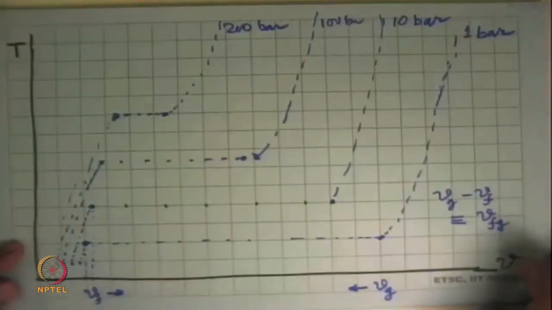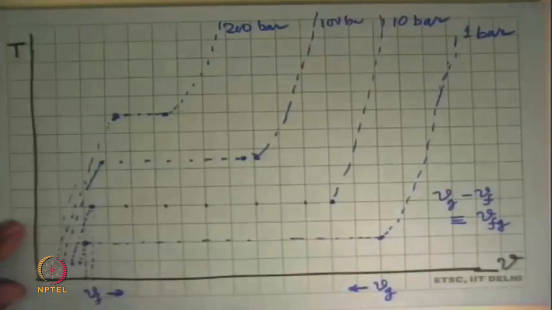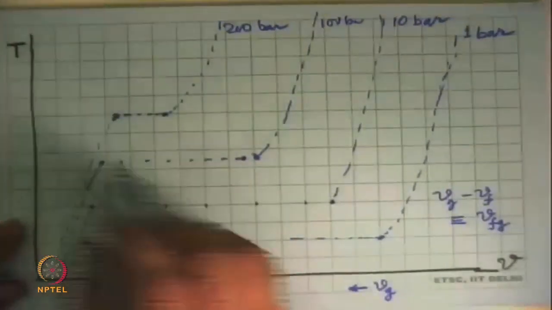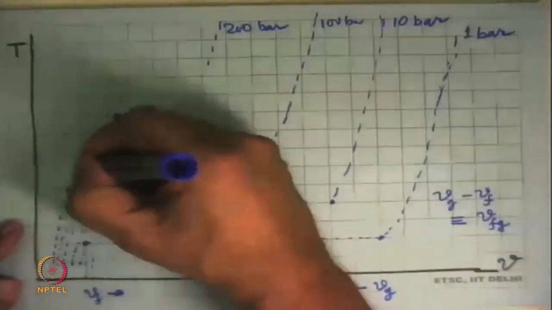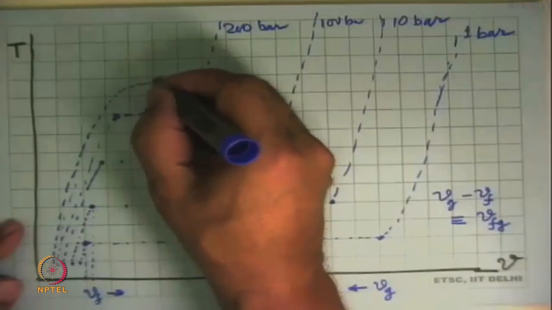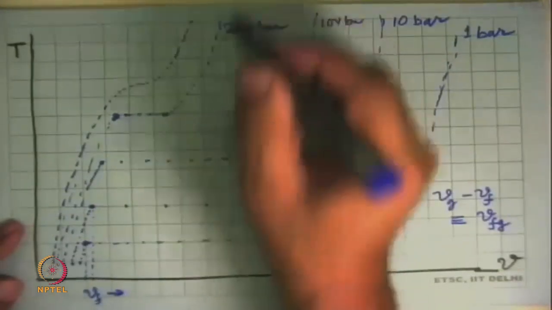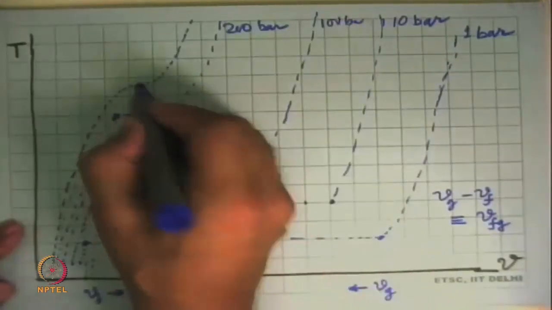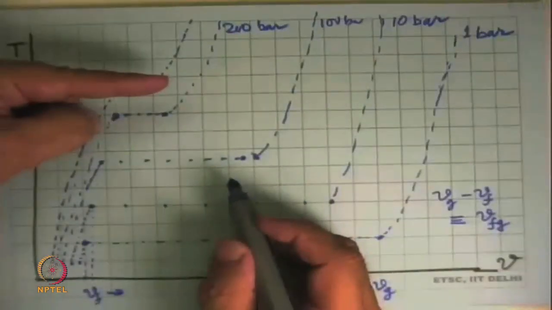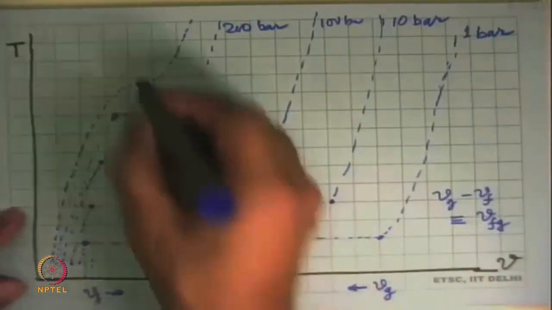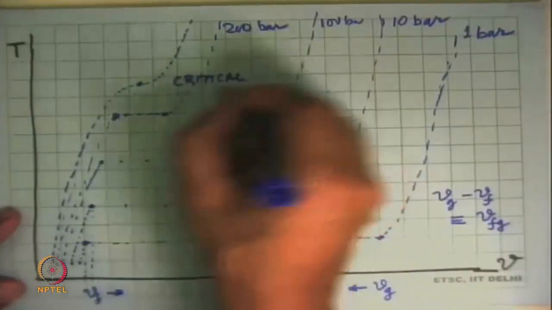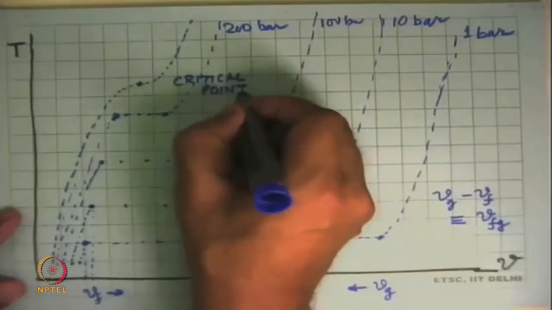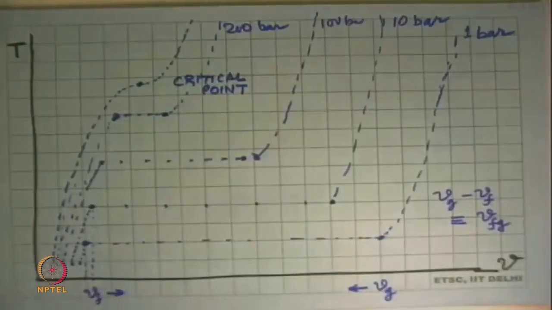And then there is a unique pressure for every substance at which this part becomes 0. That means this curve, which is coming like this, has a point of inflection and continues like this. That means at this point, the slope is 0. This is what is called the critical point. This is a unique property of every substance,